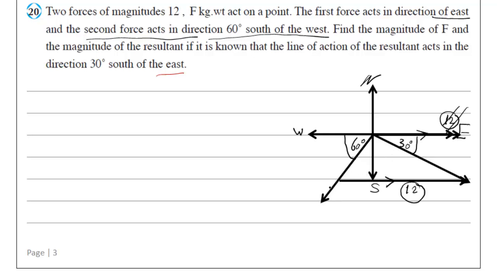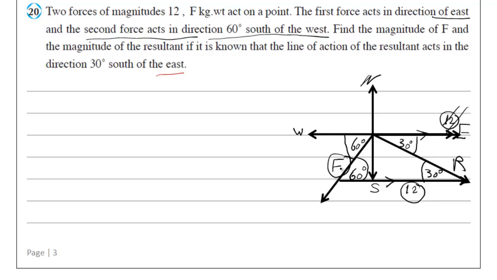Here is the first force of magnitude 12 here, and here is the resultant R, and here we have F. These two angles are alternate, so they are equal in measure. Also, the measure of this angle is 60,